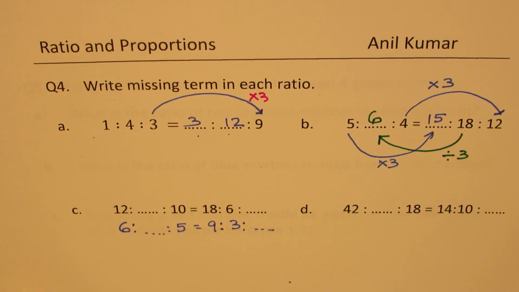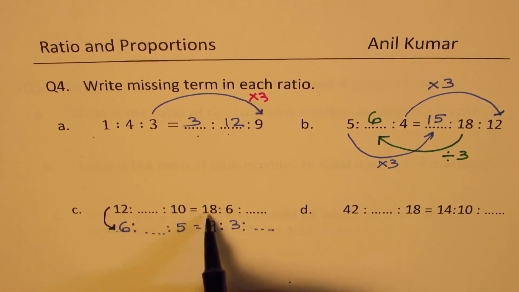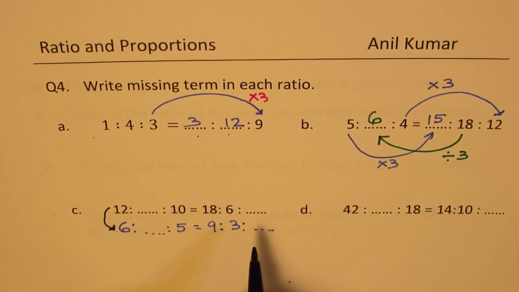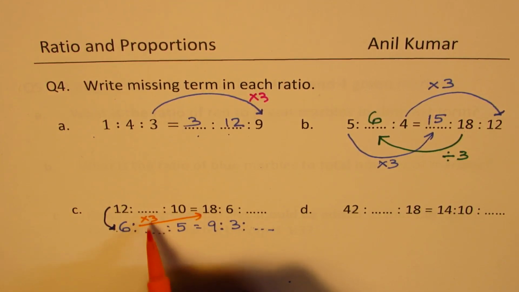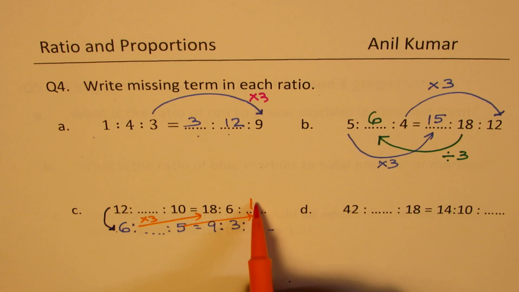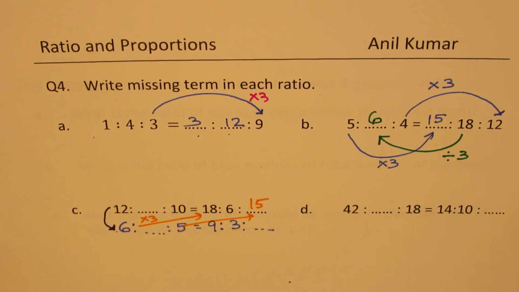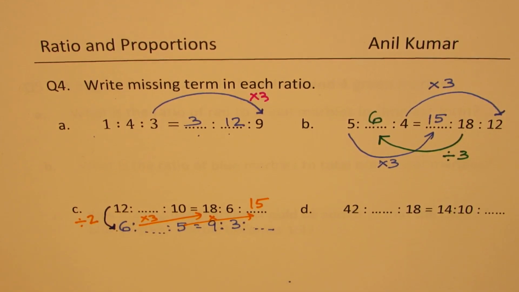Now, what we are looking at is, let's look into this. We divide it to get 6, and from 6, how do we get 18? Well, times 3, right? So what we could do is, from 6 to 18 is times 3, right? From 6 to 18 is times 3. So to get this number, which is at the end, we should do times 3 here also. So that number should be 15. Is that clear to you? That number should be 15. Clear? So what we did was, we divided by 2 and then we did times 3 to get from here